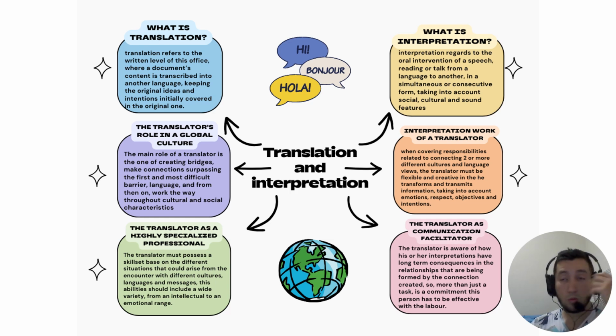When we go to differences, translation refers to the written part of this activity and interpretation refers to the oral part. Translation could be from documents, text, migration documents, different types of written content. And when we talk about interpretation, we are talking about oral performance. We are talking about how a person is going to talk, and there's going to be an interpreter who transmits the message simultaneously or consecutively,